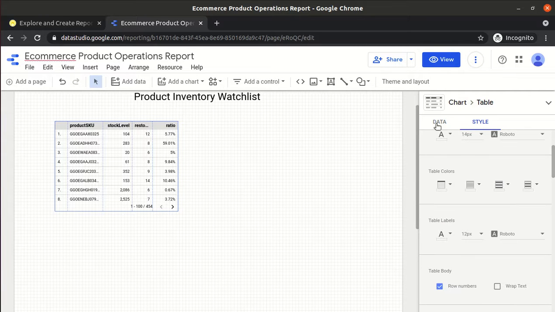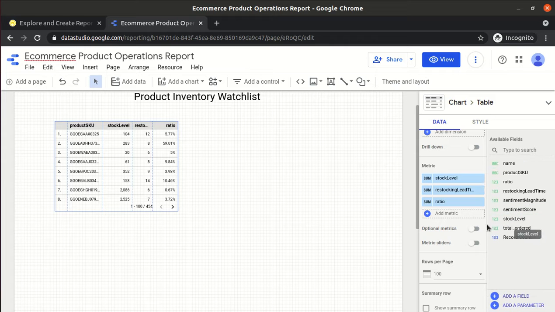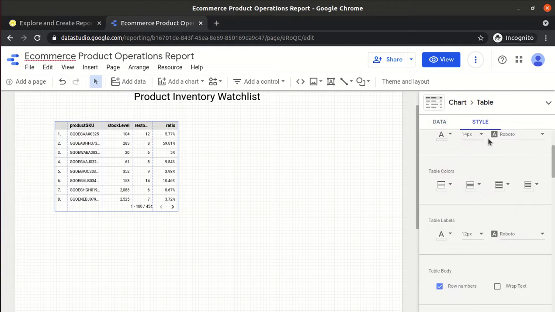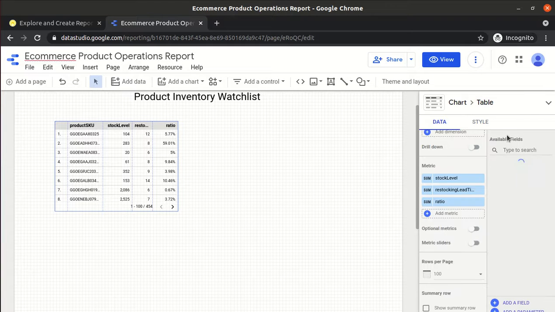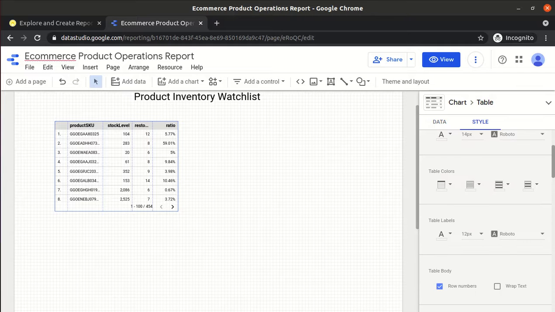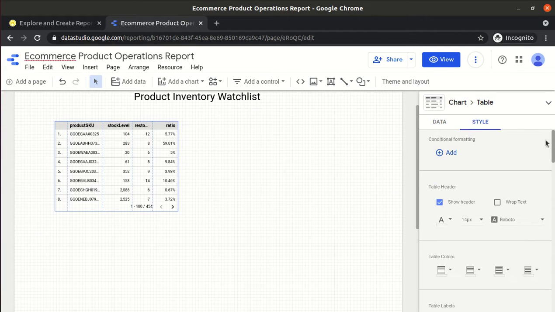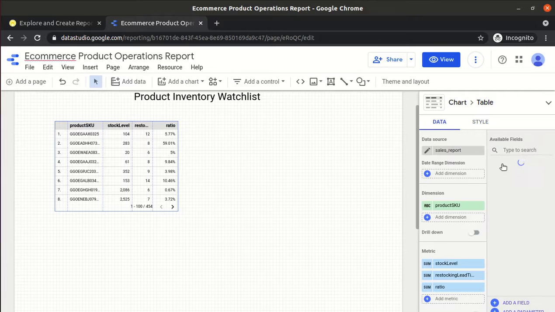Something wrong happened. One minute. It is very tough. We have the scroll in the style section, but we don't have any scroll in the data section.